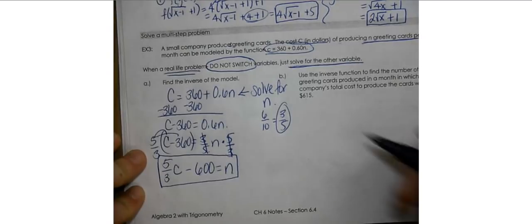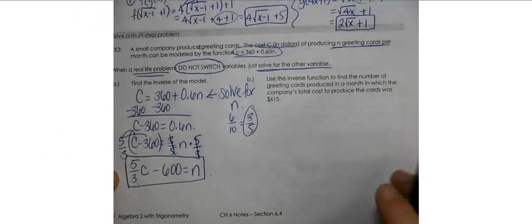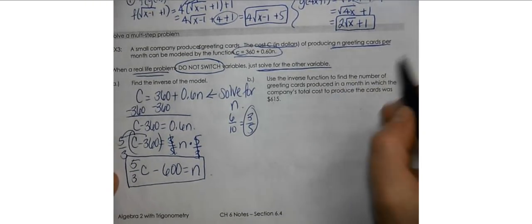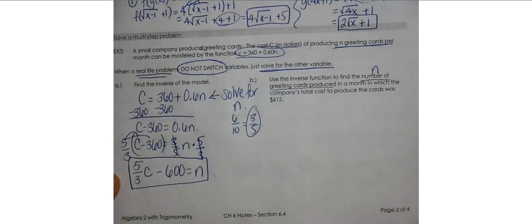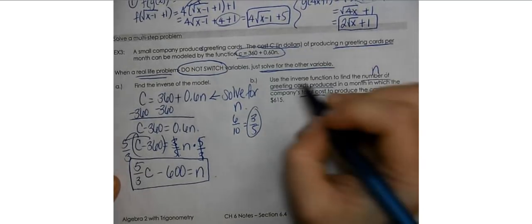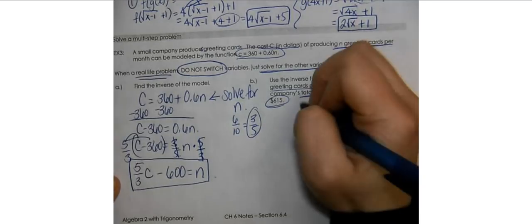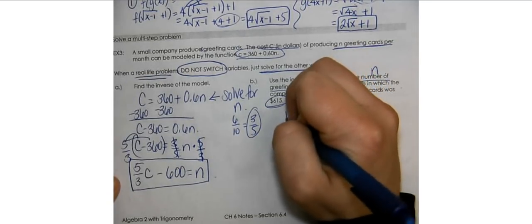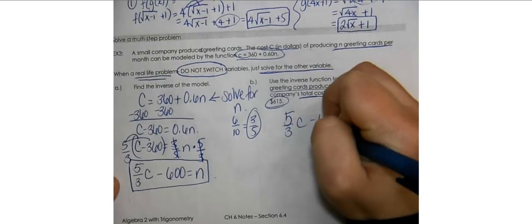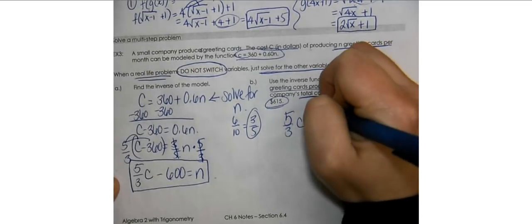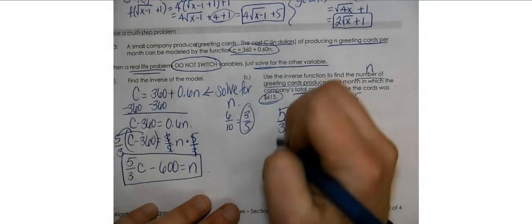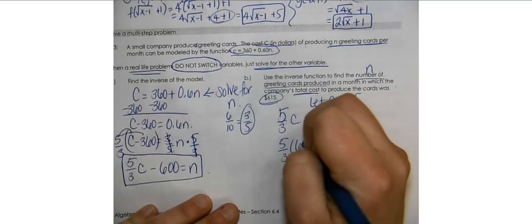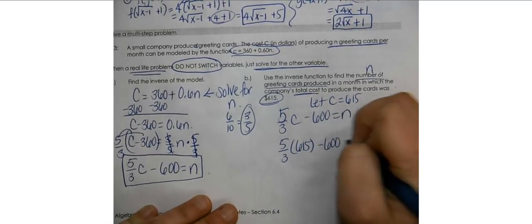So now we're going to use this function, so it says use the inverse function, to find the number of greeting cards. So we want to find n. Number of greeting cards produced in a month in which the company's total cost to produce the cards was $615. So we're going to use 5/3 C minus 600 is equal to n, and we're going to let C equal 615. So I'm going to write 5/3 times 615 minus 600, and that's going to be equal to the number